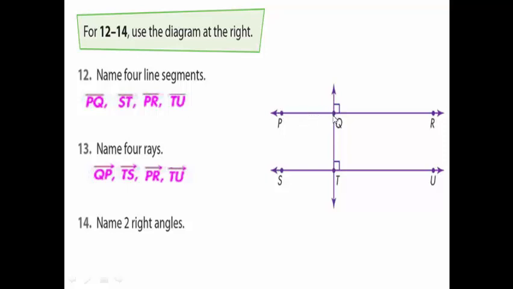QP. I'm starting from Q. This is the start point, and here no end point. As you know, the ray will go on and go on. Here P, but put this. This means ray. All these can act as rays. Finally, name 2 right angles. We have more right angles. We have here one right angle,